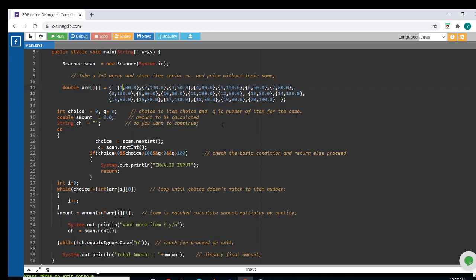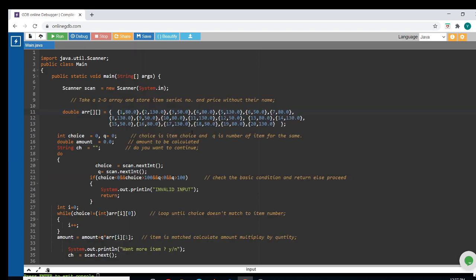You have to select any of the items and the quantity of the item. The first condition for this program was: if you enter a quantity less than 1 or greater than 20, meaning any value which is not among the given items, then the program will return and provide invalid input. The second condition was also there: if you provide a quantity greater than 20 or less than 1, the program will exit with no output, meaning it will print invalid input. So this was the program.